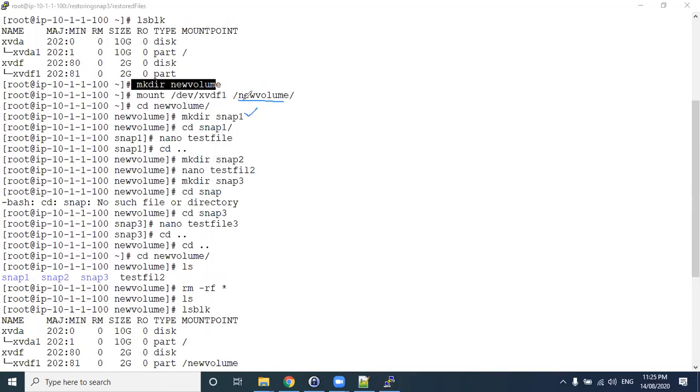So if you're creating under the new volume, make sure that you create a backup here after creating one folder. Take a snapshot here. Snapshot I'll mention like this, double arrow mark and line. So after this one, after creating a second folder, second file, take a snapshot. Similarly, after the third one also take a snapshot. So try to restore this third snapshot, which should have all of these.